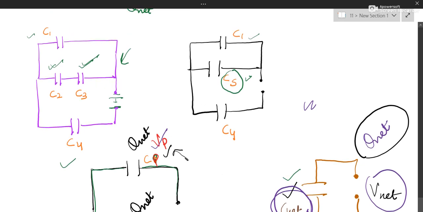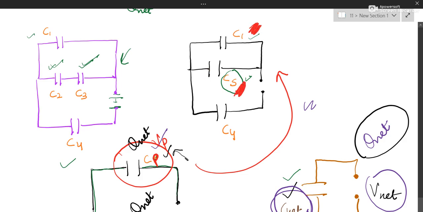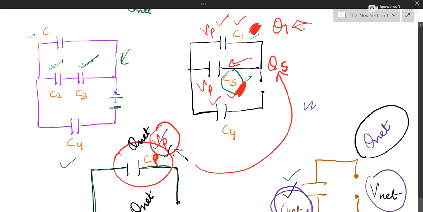Now the CP, we are going back to the previous circuit diagram. This CP is the answer of these two in parallel, CS and C1. In parallel, what is same? Potential. So write this potential here, VP and VP. So VP is there, C1 is there, we can find out Q1. And VP is there, CS is there, we can find out the charge on this also. You can denote by S or P, it is up to you. So the charge of this is also calculated, the charge of this is also calculated.